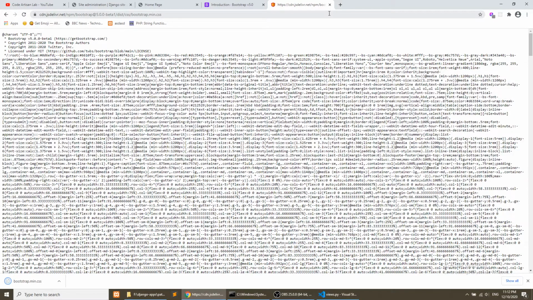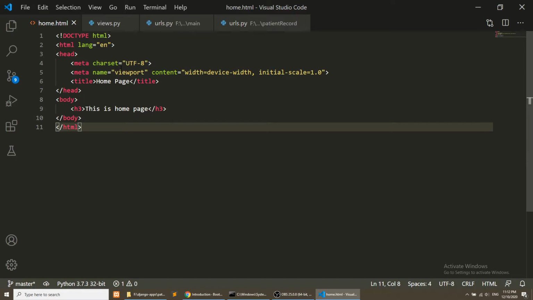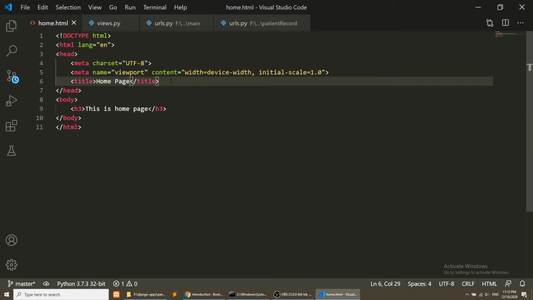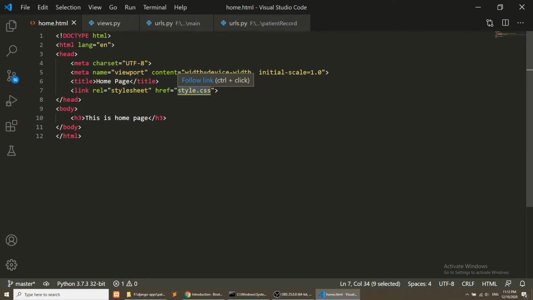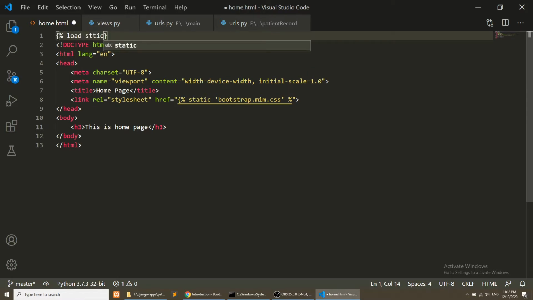And now in home.html, what we need to do is fetch the file. So here we will use static bootstrap.min.css. Before using static, we need to load the static helper, so in the template we will write load static.